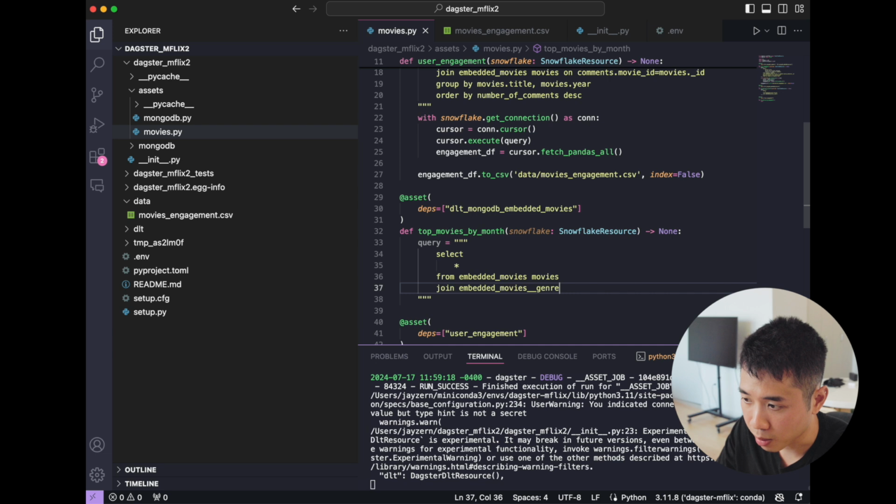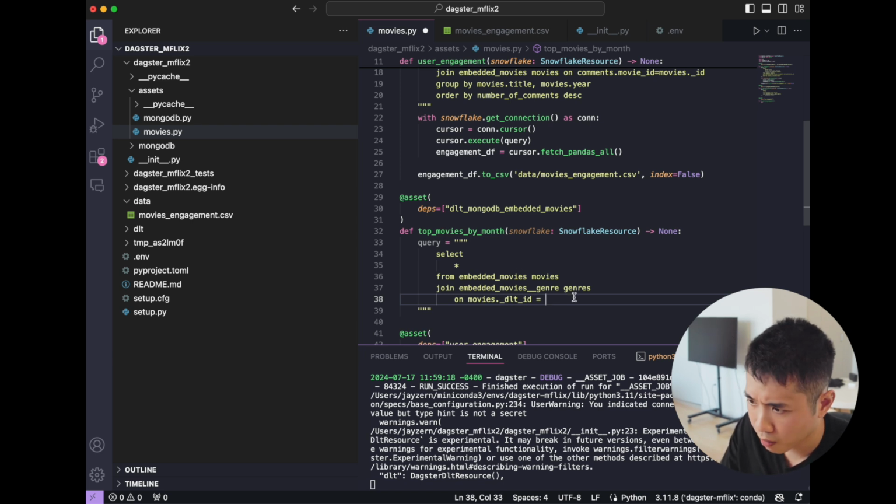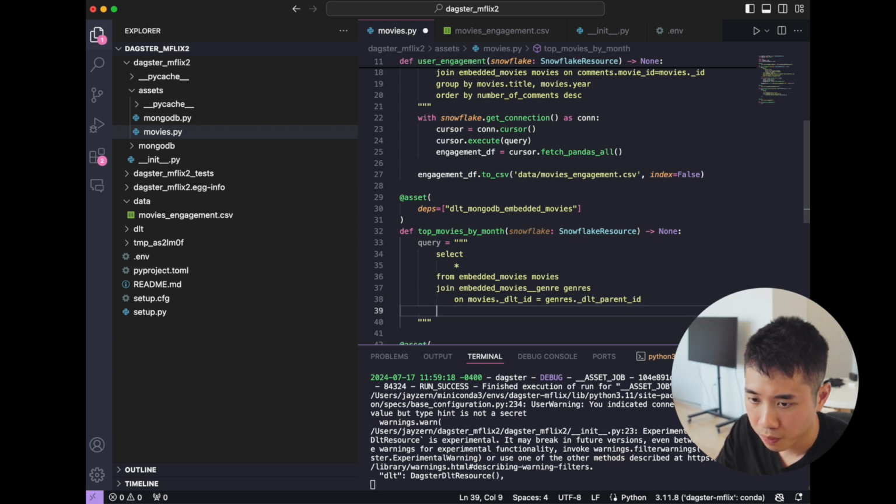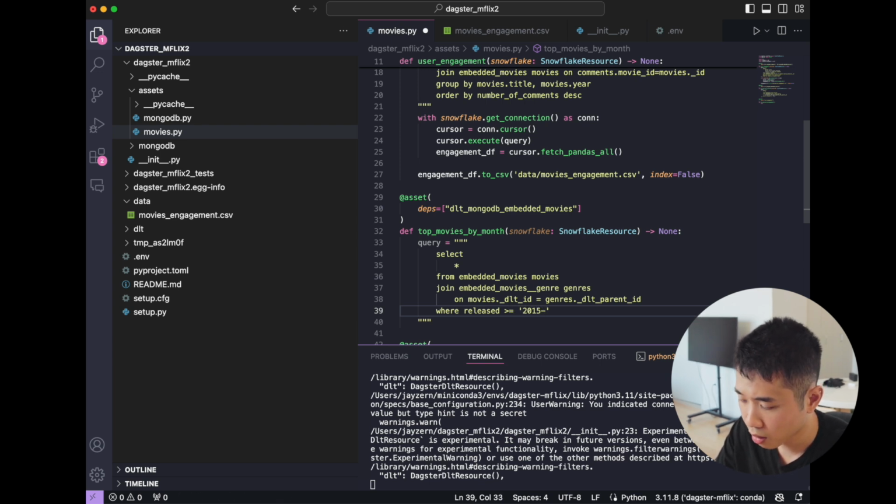Let's get the genre table, genres, on movies.dlt ID equals genres.dlt parent ID, where released equals 2015 0101 and released